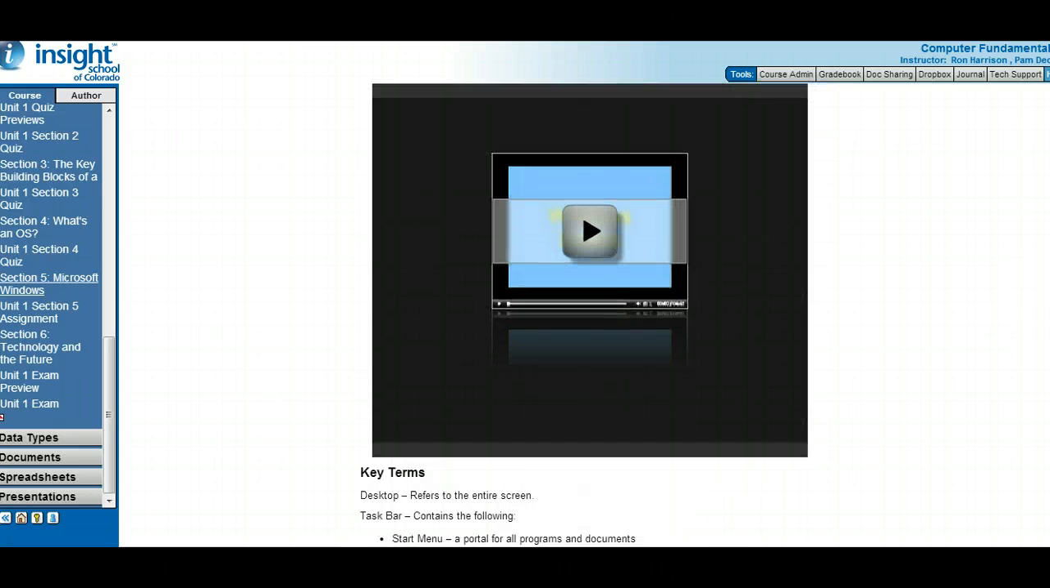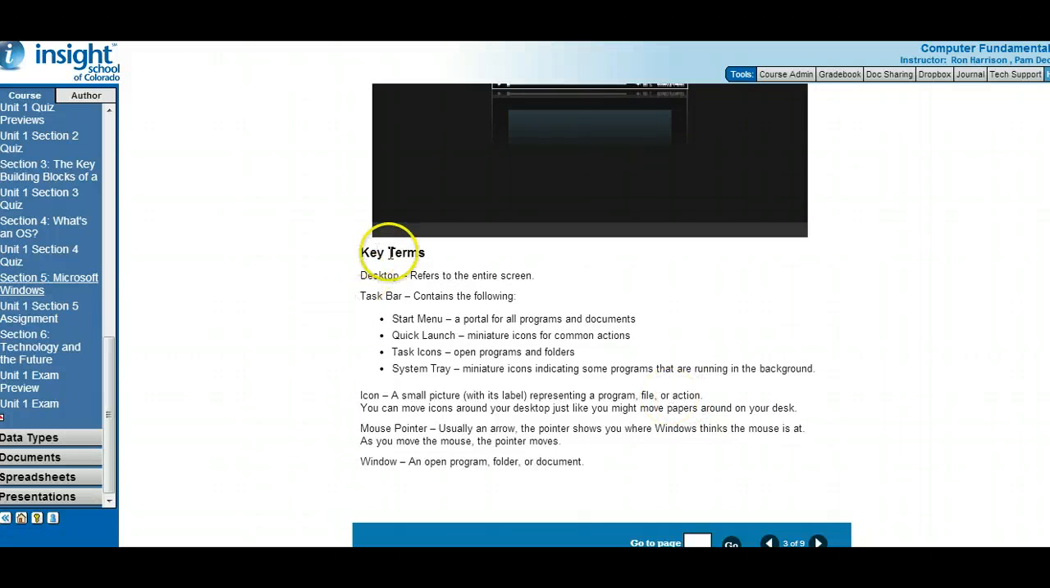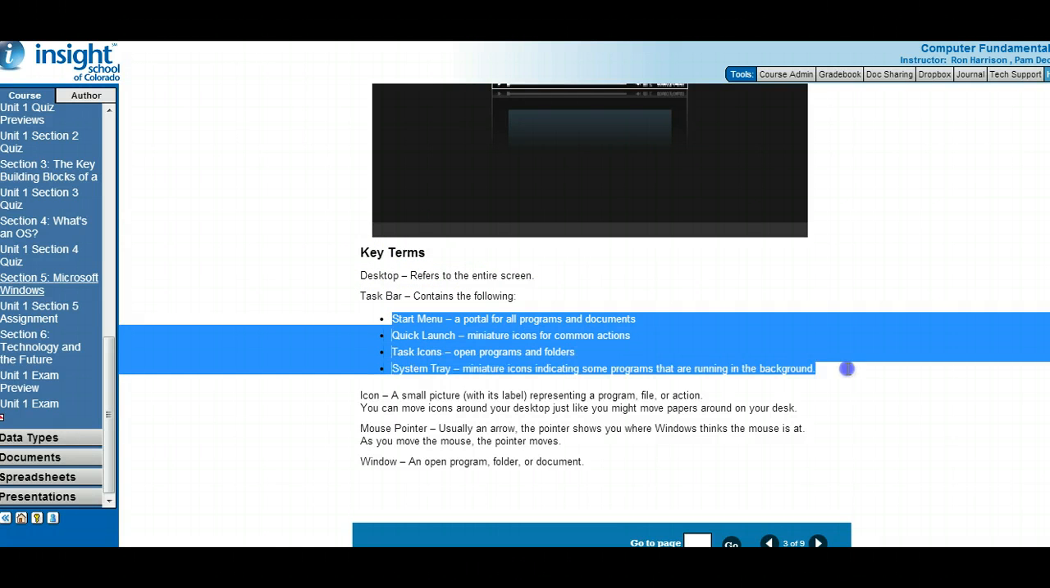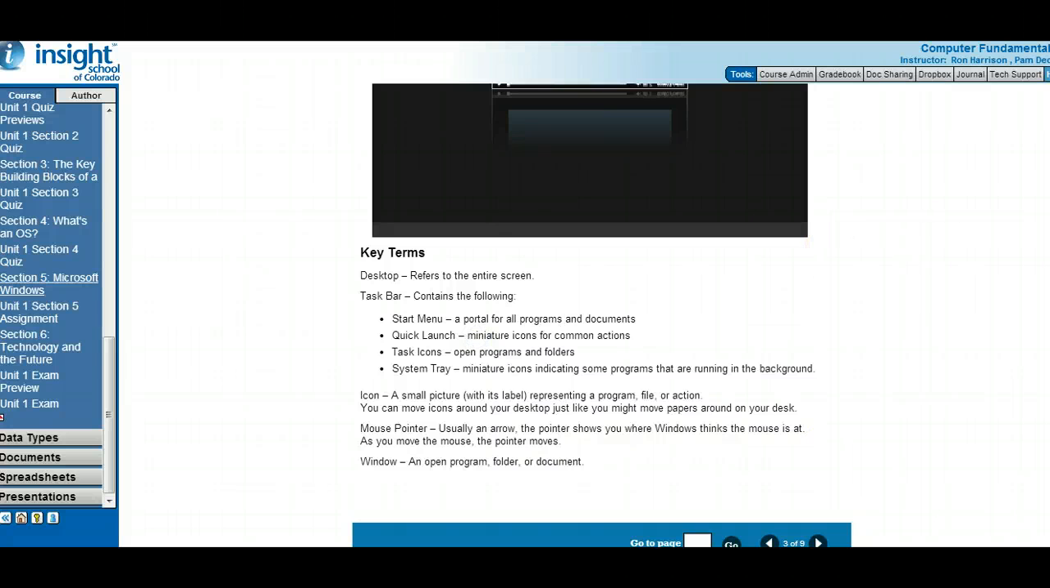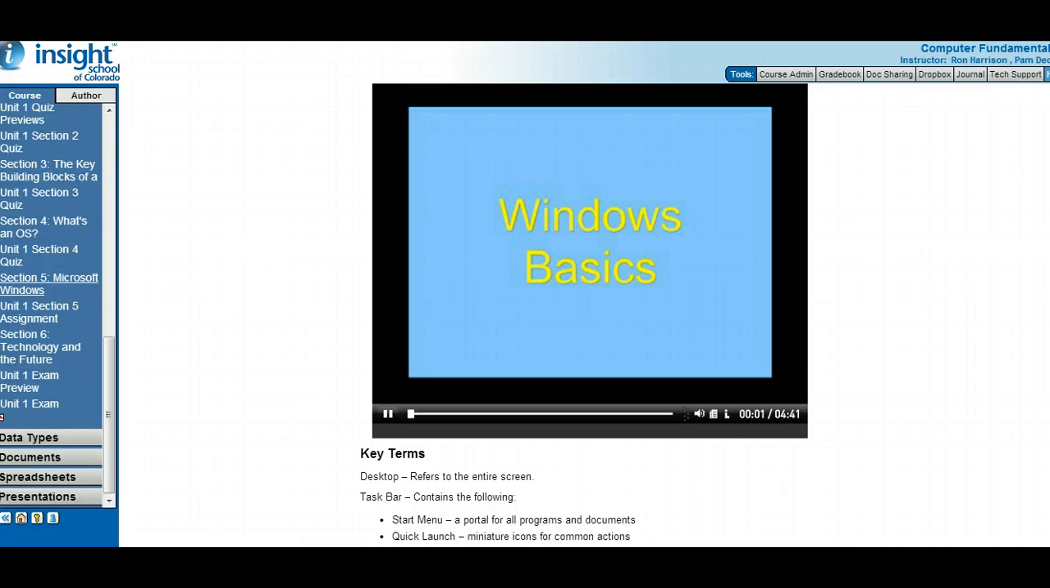So here we are in Windows, and this is an explanation that talks about key terms and things like that. But some things to think about: the desktop, of course, is your entire screen. Then the taskbar, which is down at the bottom of your screen, contains these 4 things. Now, it could have more if you've added things to your taskbar. But in general, those are the 4 things the taskbar contains. What you want to do is go ahead and click on this. The introduction is about 4